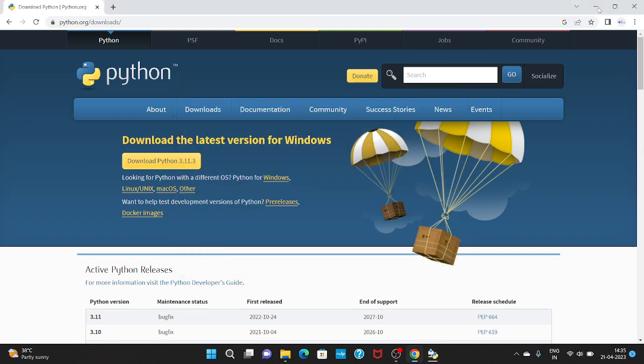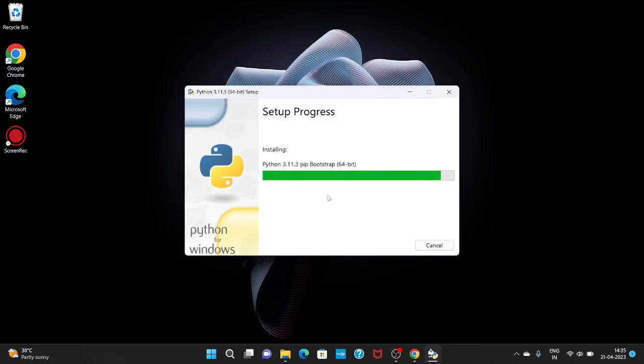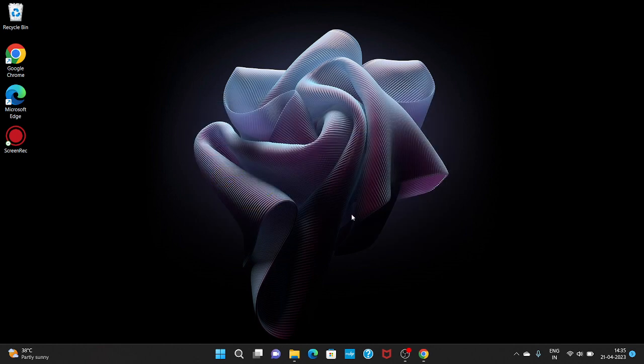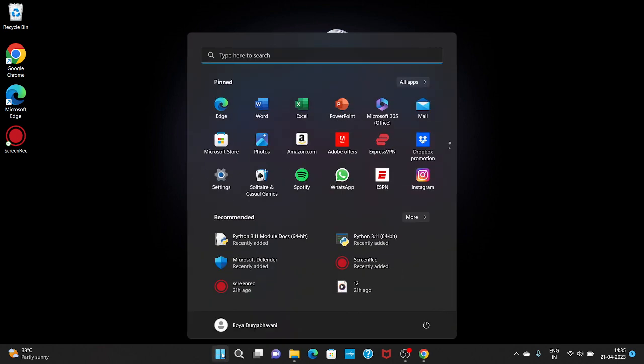You can close this. Okay, so the Python software is installing. Okay, so setup was successful. So installation is successful. If you want to check whether it is installed correctly or not, first you need